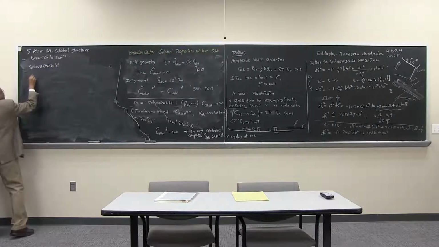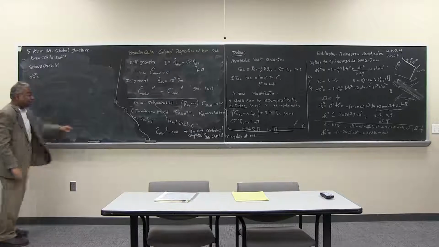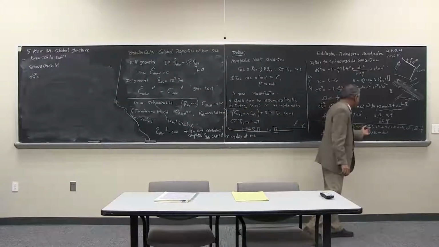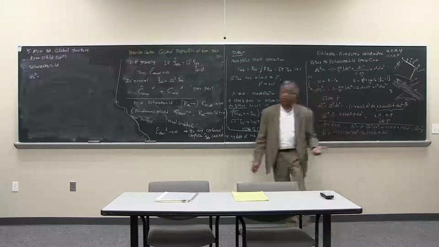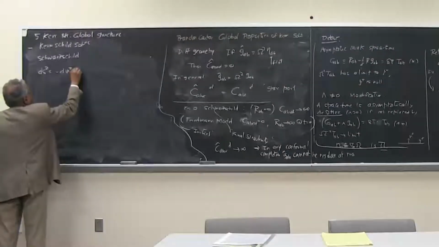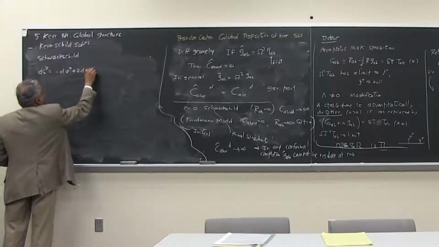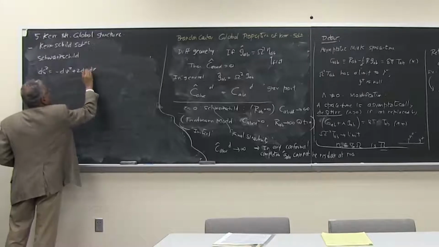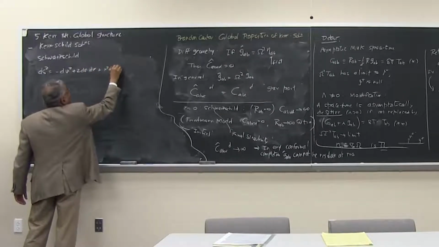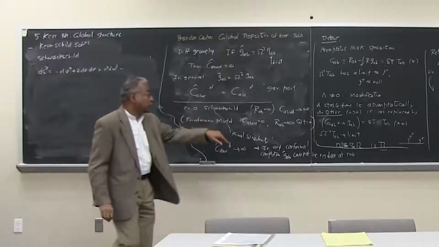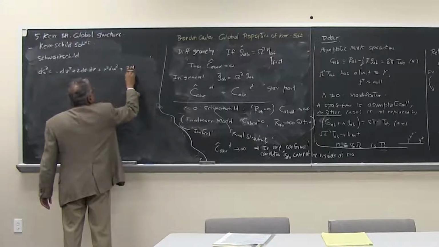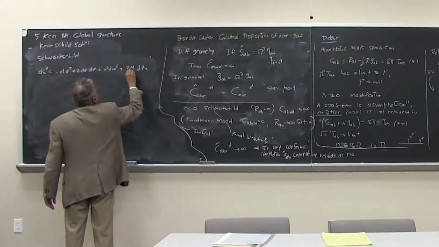And the observation is the Schwarzschild metric can be written in that particular form. I'm just going to write exactly the same form, but move this m term to the end. So it is just going to look like minus dv squared plus 2 dv dr plus r squared d omega squared. And then I move it to the other side, so I get plus 2m over r times dv squared.